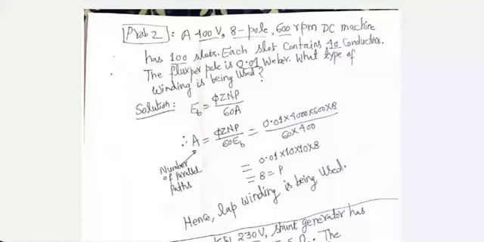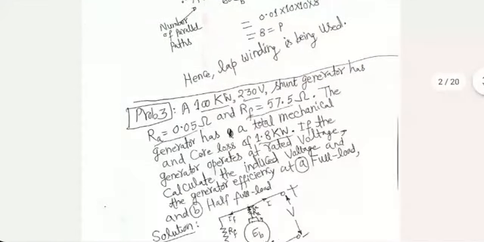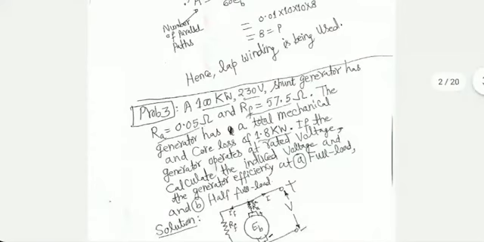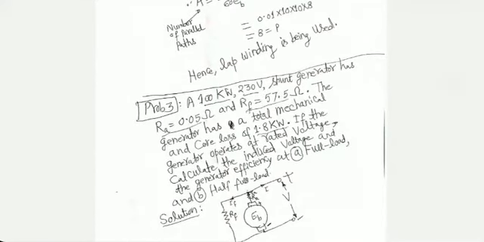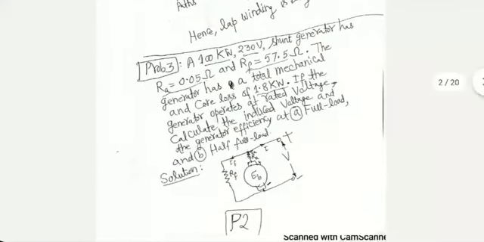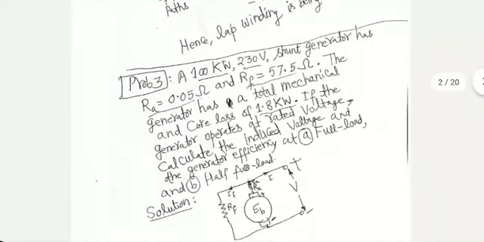The third one will need the equivalent circuit. By the way, in the exam, the equivalent circuit will not be given to you. Based on the problem, you should be able to draw it yourself. It is reasonably straightforward. You show the armature as a circle, two brushes on top and bottom, armature resistance in series with the armature, and then you connect the field winding based on what is given to you.